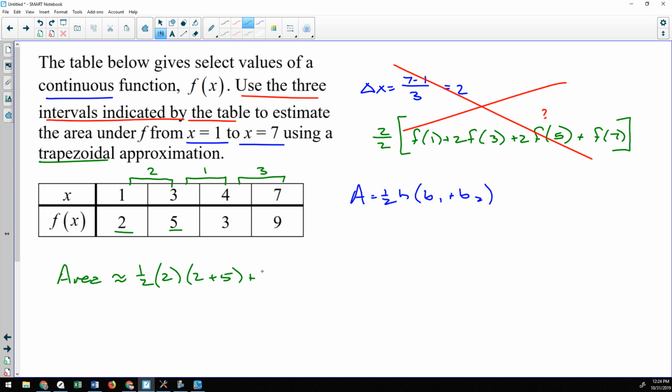Plus, then I go to my next trapezoid. Half the height, my height of my next trapezoid is 1, and the bases of my next trapezoid are 5 and 3. So 5 plus 3 plus, and then my last trapezoid, half the height of my last trapezoid, which is 3, and the sum of the bases would be 3 and 9. So 3 plus 9. And if it's a free response question on the AP exam, you must write it out